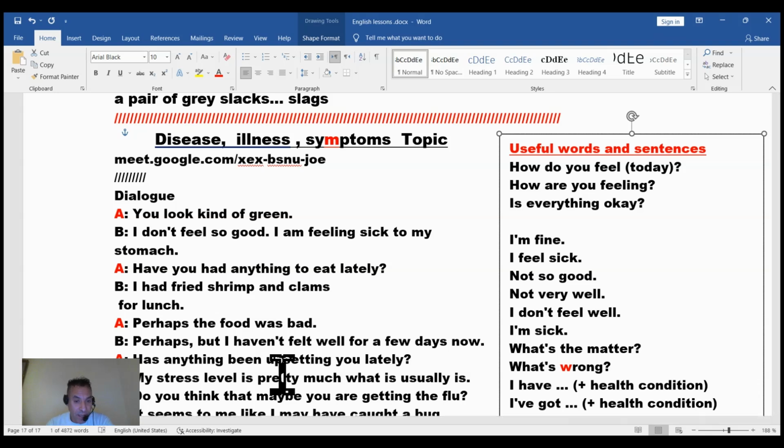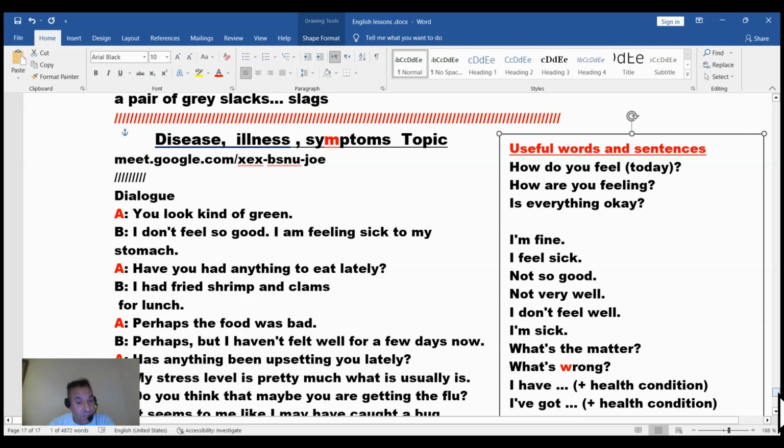B: Perhaps, but I haven't felt well for a few days now. A: Has anything been bothering you lately? B: Lately, sorry. My stress level is pretty much what it usually is.